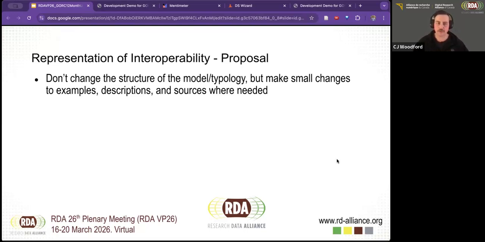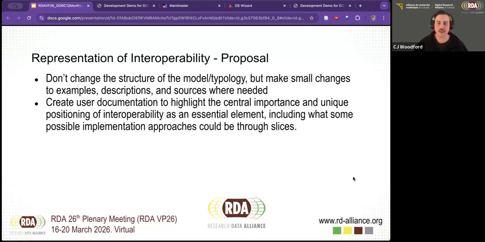We're not going to remove interoperability as an essential element or move it out of the model or out of the typology. But we are going to consider making small changes to things like the examples, the descriptions, and the sources to make sure that it's maybe not comprehensive, but a richer resource, and it's more clear what the intention of interoperability is.